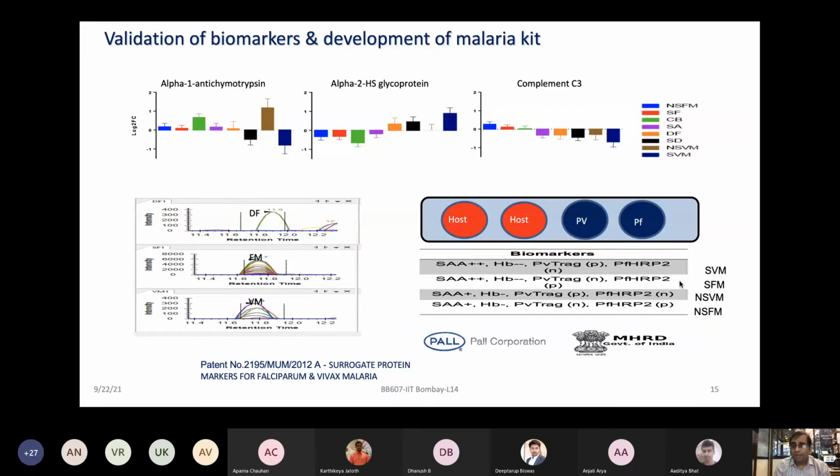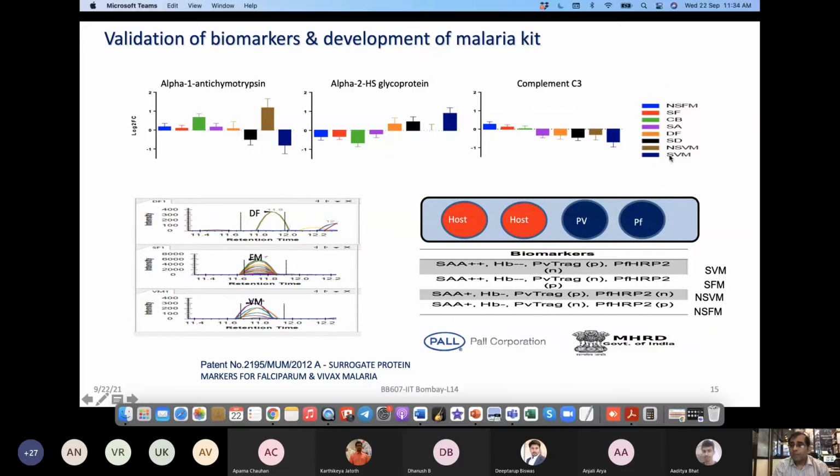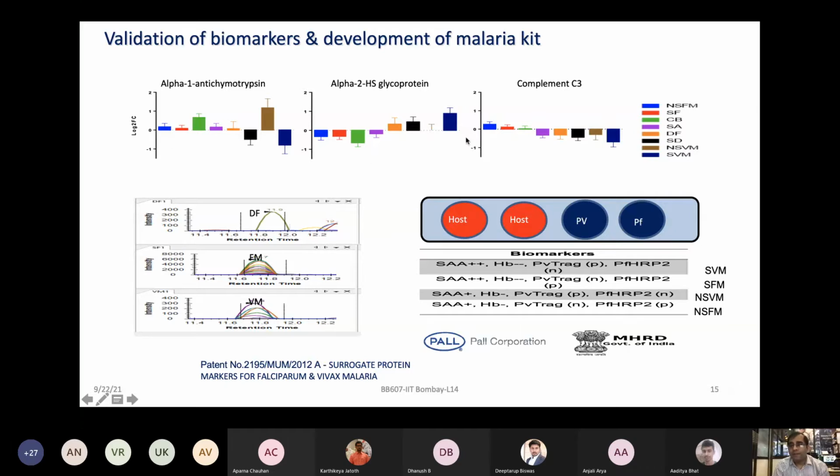And while doing so, a lot of things go on in the research world. We have to look at each protein across all the complications, their levels, like what I'm showing you here, from falciparum malaria to vivax malaria to dengue fever to different types of non-severe and severe complications. All of that has to be seen, and different SRM based tests have to be done. All of that only leads us to some confidence about which target to take forward, where then industry and government put a lot of money, and we are working on some very big projects right now with industries and government to come up with these final tests and kits.